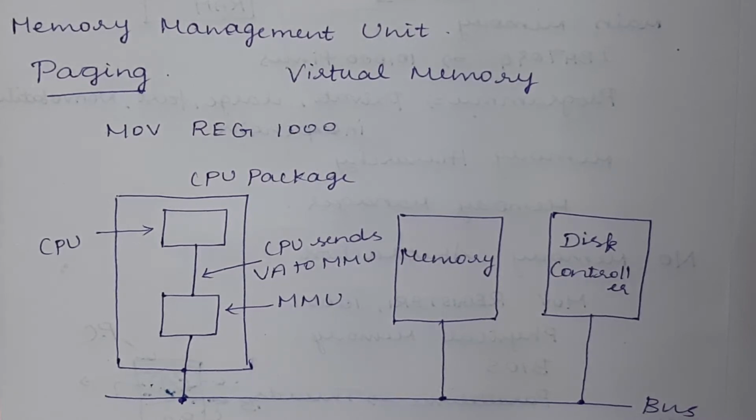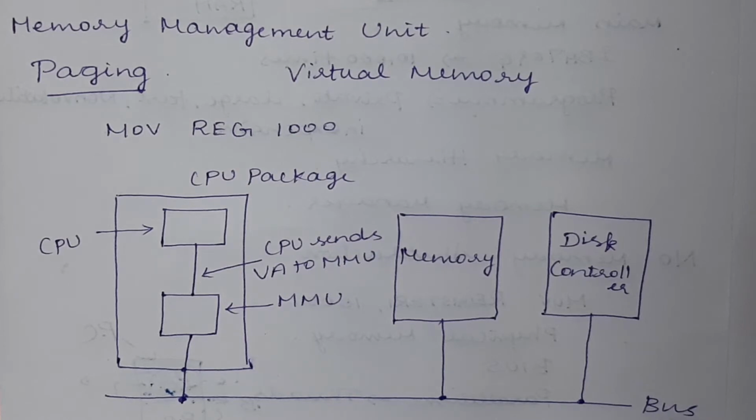In order to get the physical address from the logical address, it has to perform the mapping concept. With that mapping technique, the system can understand what the physical address is. This mapping is done by the memory management unit. In addition to the CPU processor package, we also have this unit, the memory management unit, which performs the mapping between the logical or virtual address and the physical address.